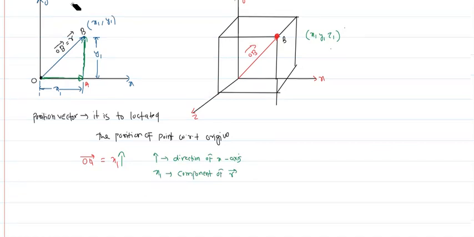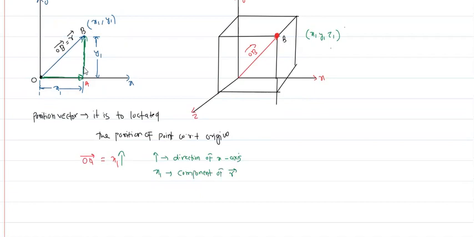Now you can also see there is a vector from A to B, so you can say the AB vector, which is y1, along the y-axis. To represent the direction, you use j cap. You can see one thing more: the head of this vector meets with the tail of this vector. So this vector plus this vector equals this vector.